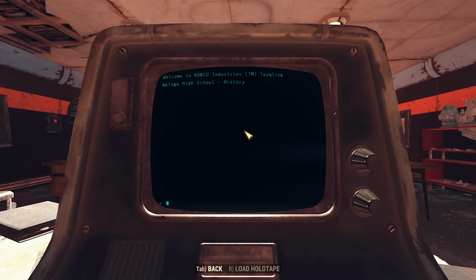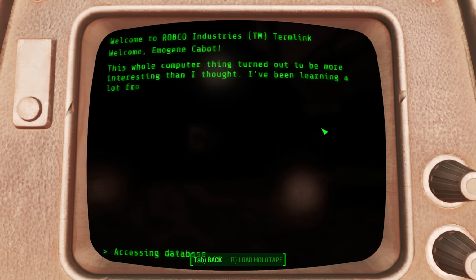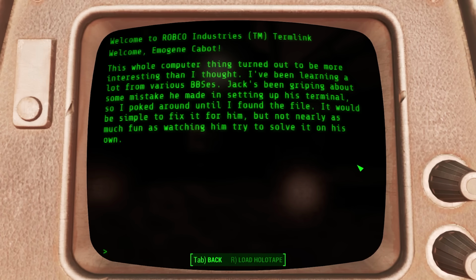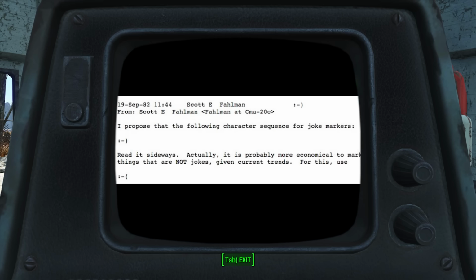So once again, the popularity of the BBS in Watoga and the mention of one by Imogen Cabot in Fallout 4 means that they were pretty popular, and the largely ASCII-based interface would be closest to the early to late 80s in our world. Imogen Cabot in Fallout 4 even mentions hacking a Robco database server from their home. Again, more evidence of what appears to be wide area networks. And would you look at that, an emoticon. Emoticons are first attributed to a computer scientist who popularized a smiley and frowny emoticon on, wouldn't you know it, a BBS in 1982. Maybe she learned about emoticons on one of the many BBSs that she liked to cruise.